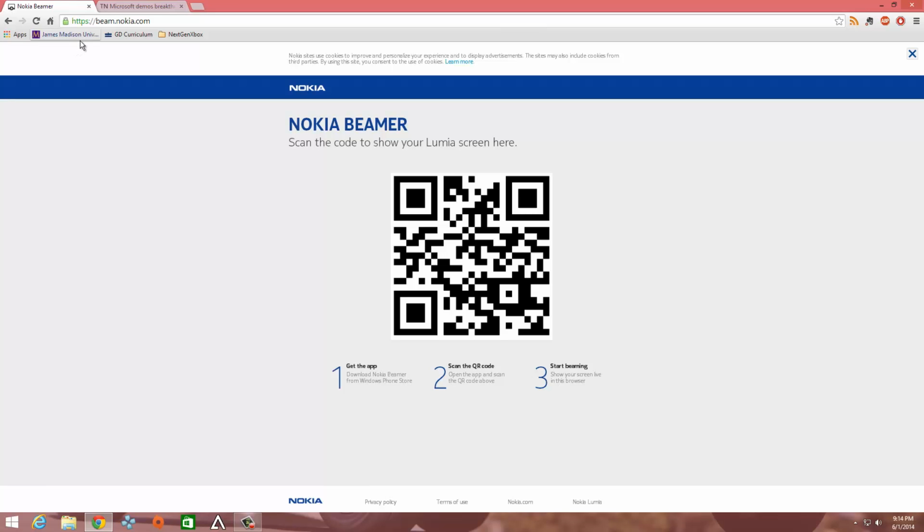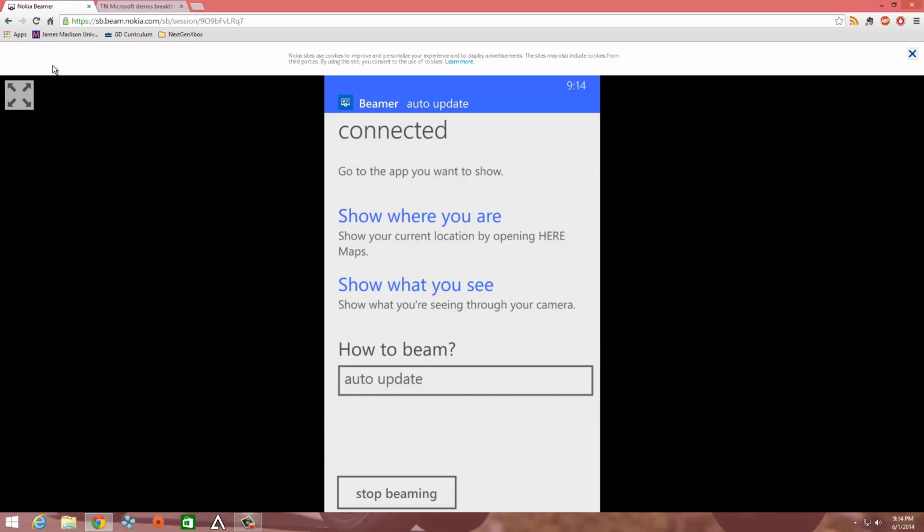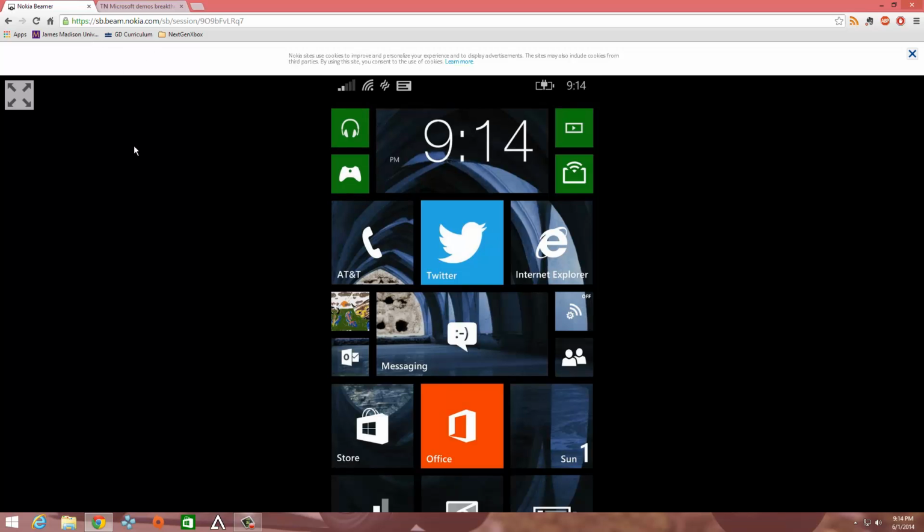And then once I scan the code, there you go. Now it says it's connected. Simply shake your phone to show whatever's there. I actually want this thing to update automatically, so I can do that. So here it is, and then I can hit the home button, and you can see I am going back to my home. Alright, so what I want to show you guys is this special thing that would be cool